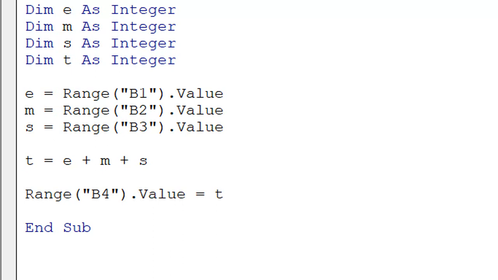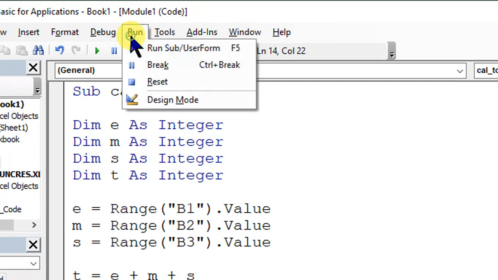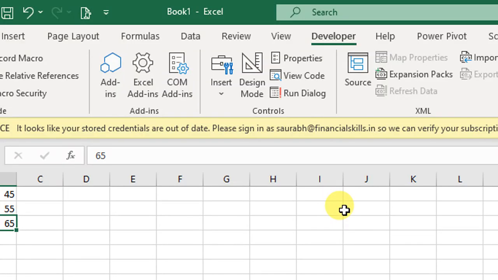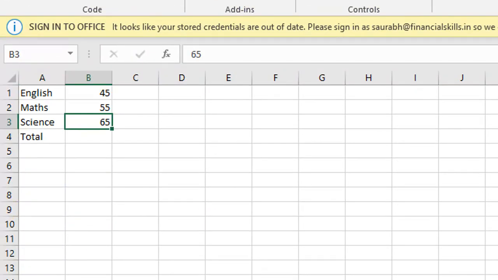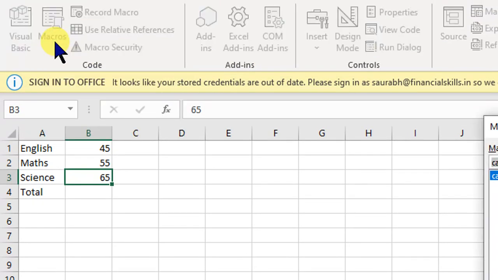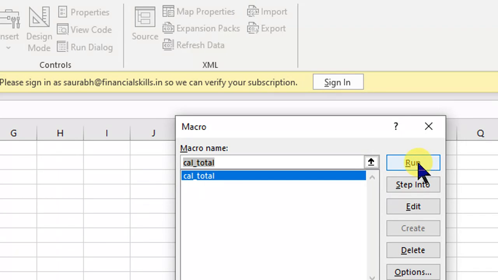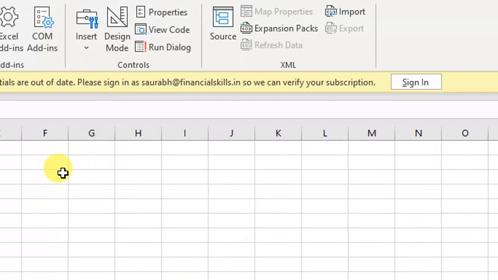When I run this program, it should give me the output I wanted. I can run this program like this, and I can also run it from outside. Let's run this program. I go into Macros and say Run. And here comes my output.